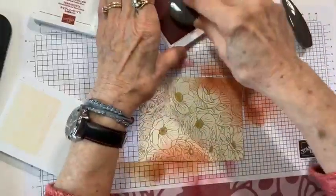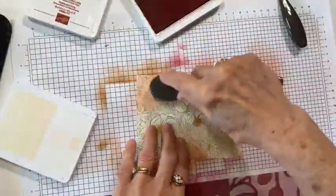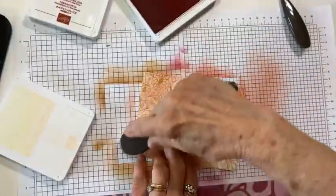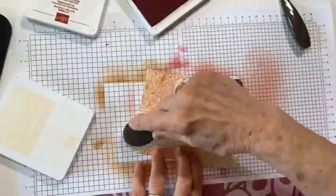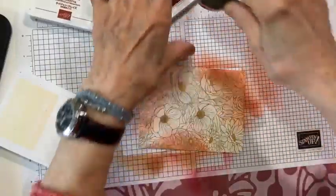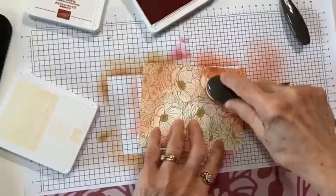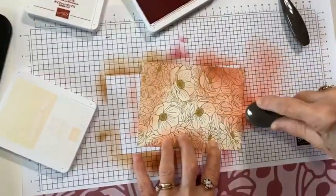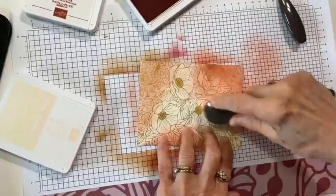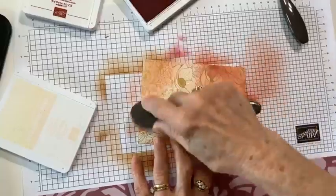And I'm gonna, well, Calypso Coral is a much lighter color, so you don't have to worry about it as much. Okay, that one, and maybe just a little bit right here. Let's come along the inside. I'm going to put a little more pressure, get a little more color. And right here, the glare is,